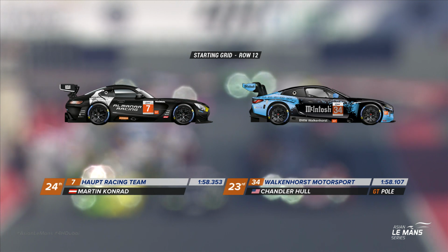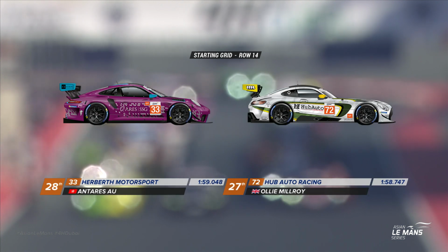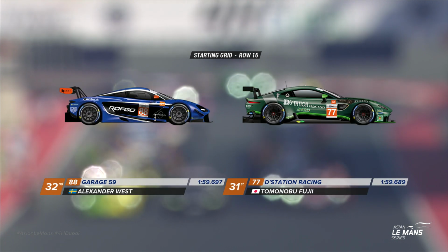Into the GTs, pole position again for Falkenhurst Motorsport, the BMW, Haupt Racing Team and the black and Mercedes AMG. Then it's the Get Speed 10th anniversary car and the 21, the red and yellow Ferrari from AF Corsa on row 13. 14, the Hub Auto 72 AMG and the bright purple Herbeth Motorsport Porsche number 33, and then row 15 the all black 99 Herbeth Motorsport Porsche, and out of position LMP3 the 63 from Inter-Europol before we get